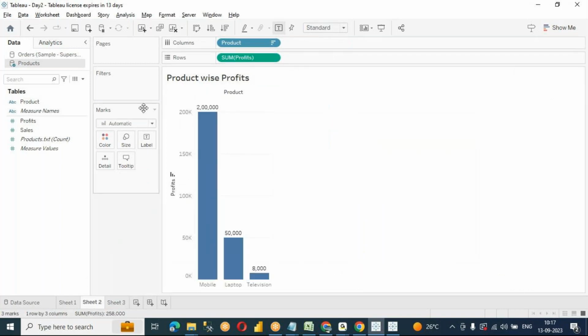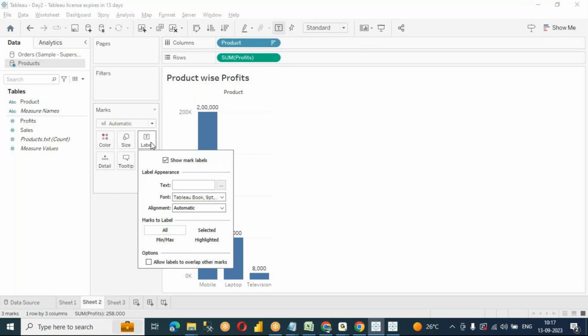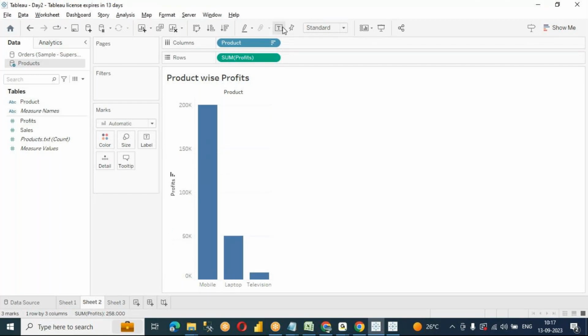And the marks card, yes, we are using it for coloring purposes and to show different sizes and labels. And we just used a few options here, turning the labels on or off. So I can turn it on here, turn it off, or I can just use these options here. Okay, so this is the start for building